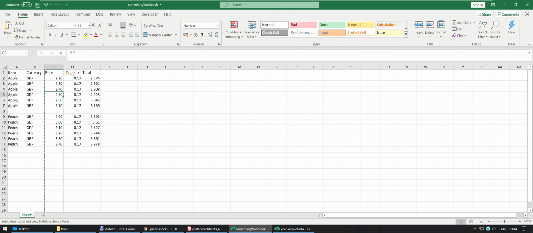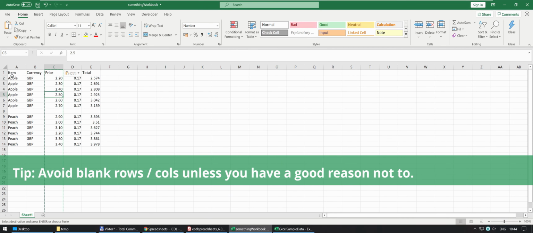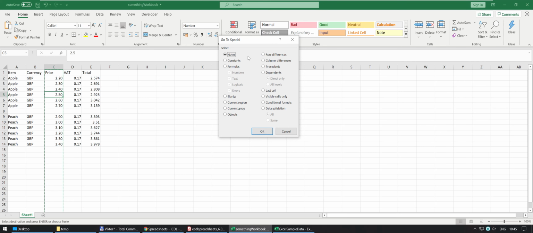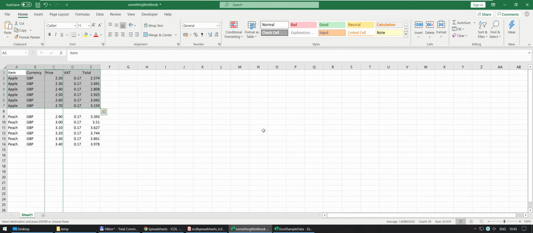And the issue why having a blank row is considered bad practice is because Excel doesn't really understand that these go together. So if you go into my beloved special go-to and you say current region, see how this is selected but this is not, and that's because in Excel's mind this block is totally separate from this block, and whatever you do in this block will not affect this block, whereas in your mind these may quite well go together. So if I now say let's sort